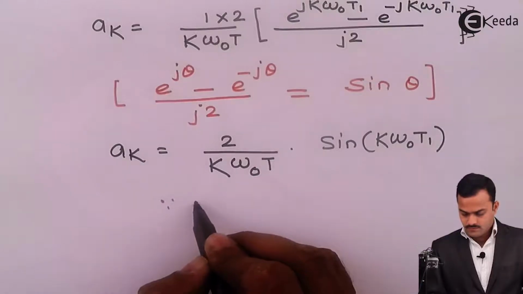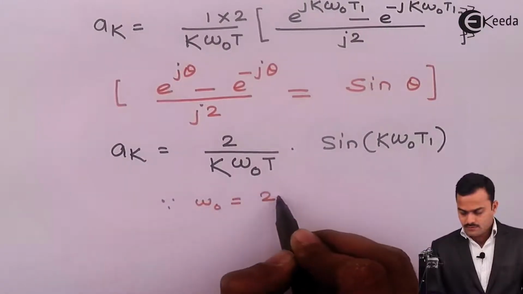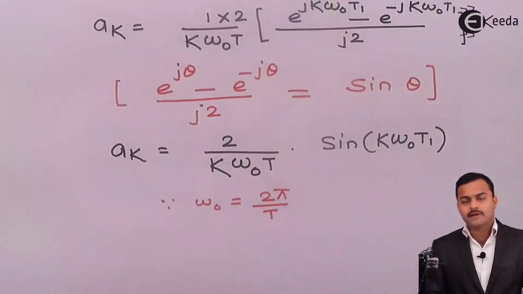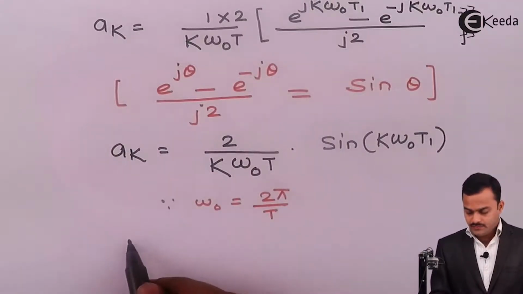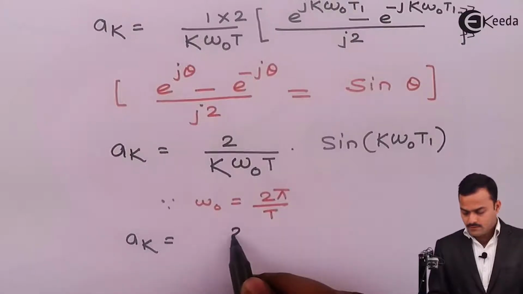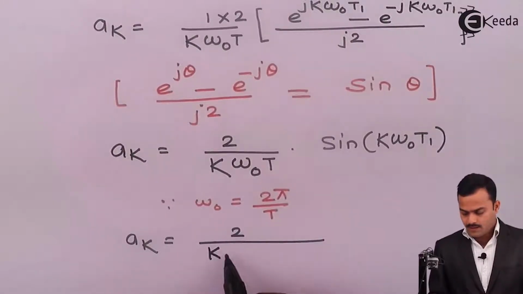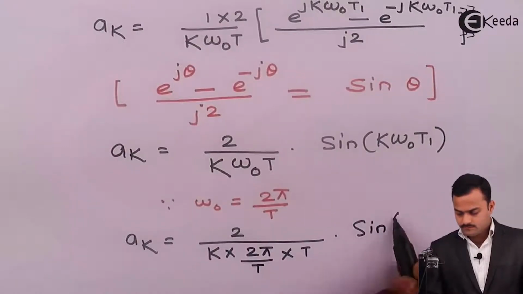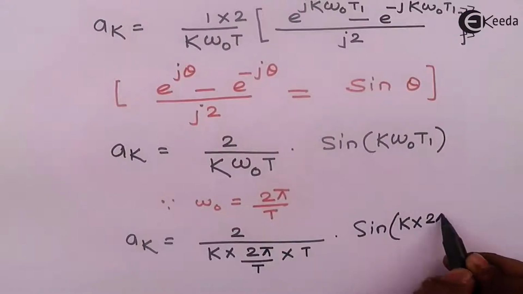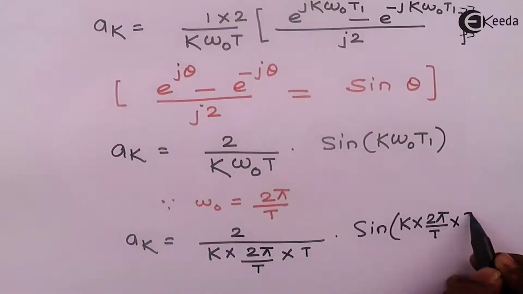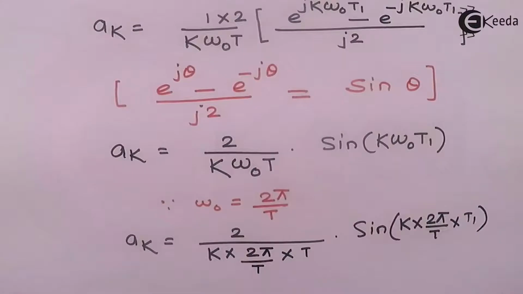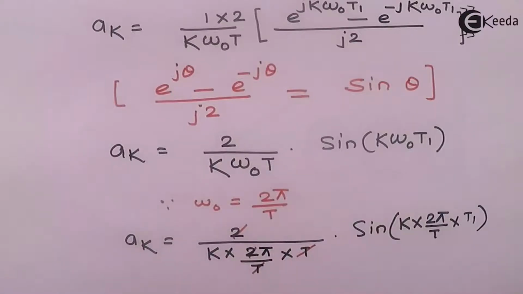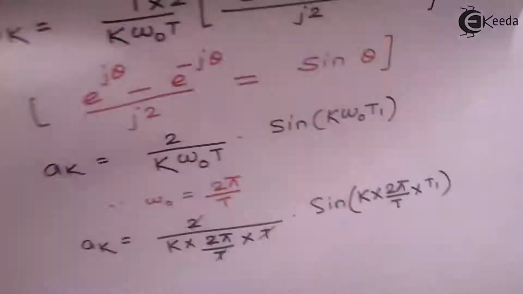So since omega 0 is 2 pi by t, a fundamental frequency, if we substitute, we will get ak as 2 upon k multiplied by 2 pi by t multiplied by t sin k multiplied by 2 pi by t multiplied by t1. So doing so, t gets cancelled, 2 also gets cancelled, and in the end we will get ak as